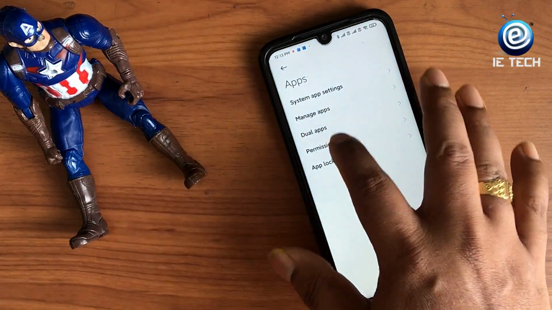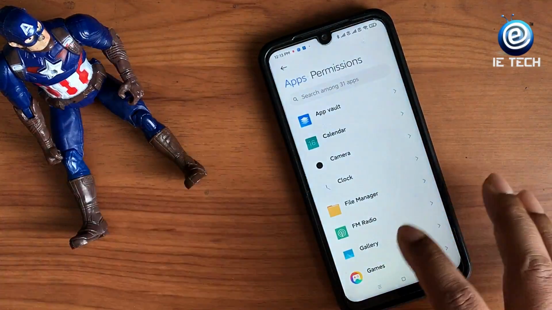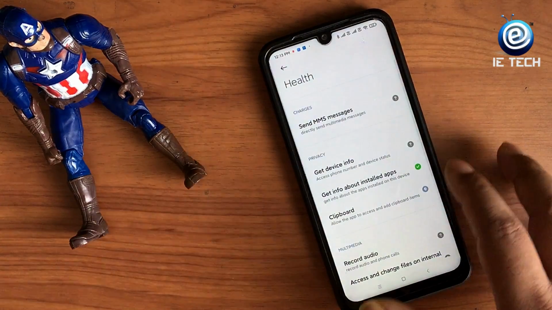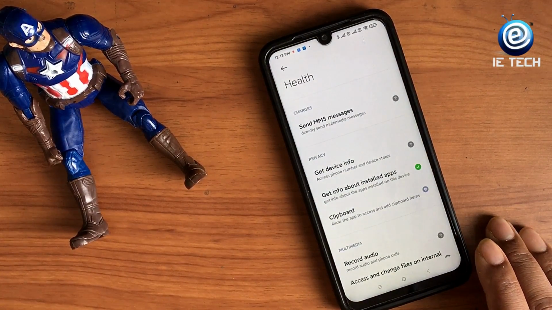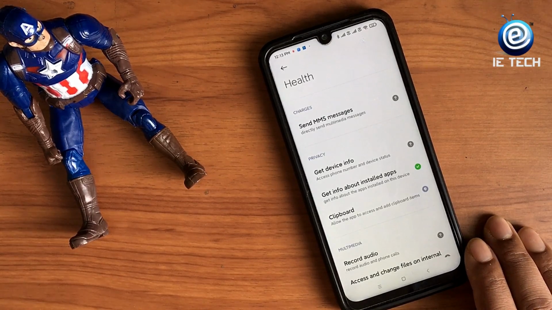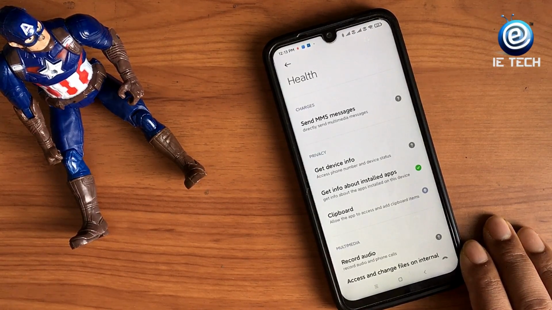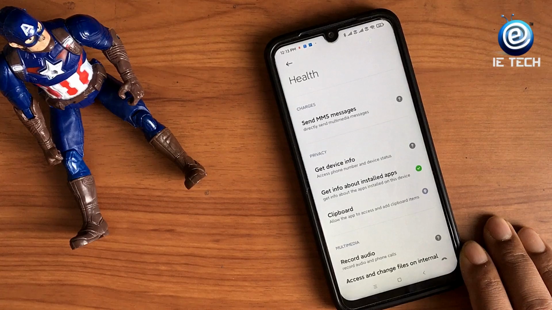So when you go to the permissions section and you go to the permissions of any app, I'll just take an example of this health app. It does have permissions, and with this enhanced privacy, you can choose to grant permission to the apps only once or while you are using it. Yeah, it is the same as you do in your iPhone.